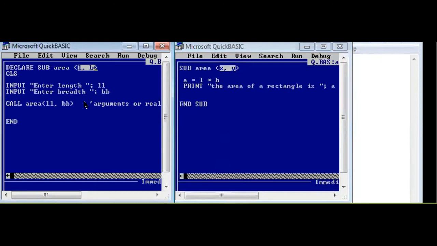Just to write down the answer in the exam, if your program is given like this and the question says write the parameters or formal parameters used in the program, then at that particular time what you will do is you will write XY. Forget about LB, because this declaration part is optional. That's how you will write. Okay, this was what I was trying to explain in this particular program.